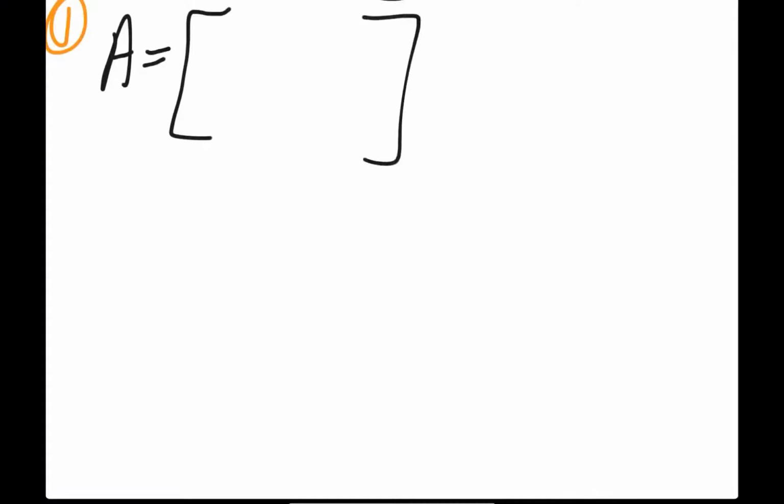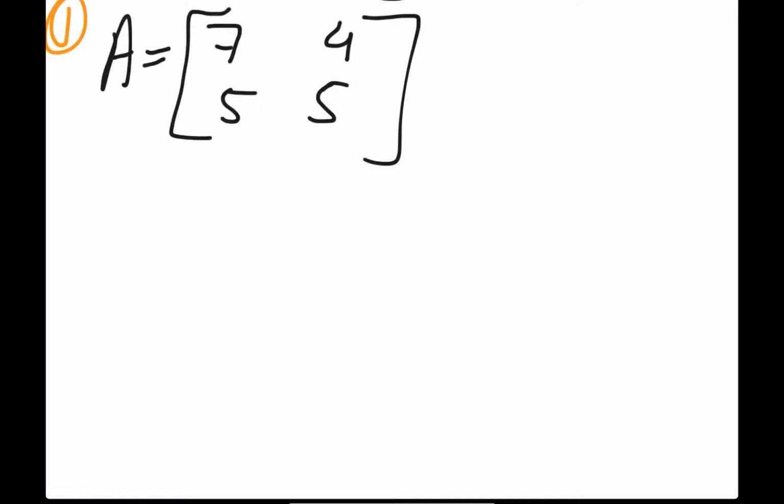So suppose in the first example, I take a matrix A which is given to me by 7, 4, 5, 5. Suppose this is a matrix given to me. Of course, it is evident that it has 2 rows and 2 columns, so it is a 2 cross 2 matrix. Now, how to evaluate the determinant for this matrix?